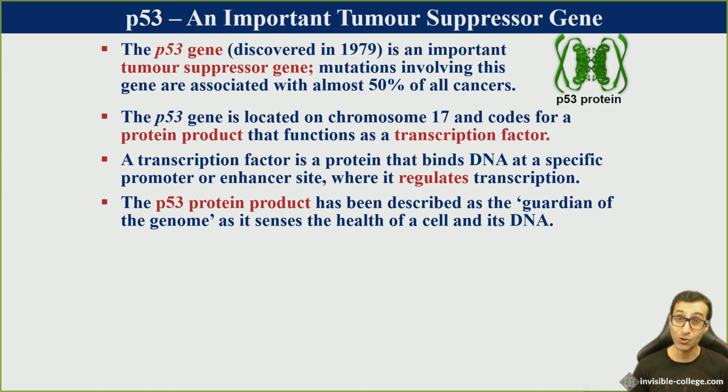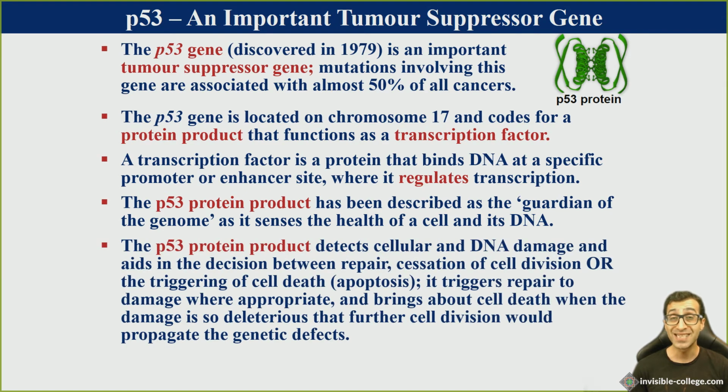Now I'm using teleological terms like sense to describe something that an inanimate object is doing, but you get the idea here. Now the protein product of p53 essentially is involved in the detection of cellular and DNA damage. When it does detect the damage, it aids the cell in essentially making a decision. The cell has to decide, when it detects this kind of DNA damage, whether or not the cell should be allowed to divide,